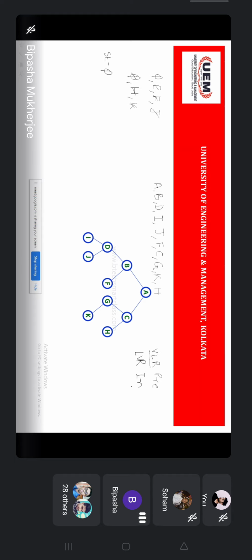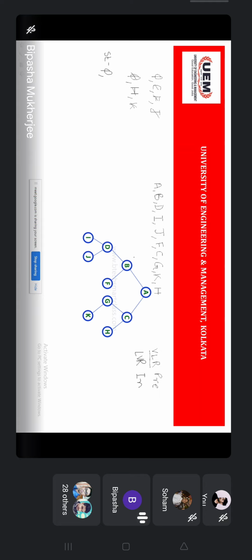In case of in order, you need to follow the path definitely, but is it okay to print the node at the time you are visiting it? No. That means you need to visit, but keep track. So how can you keep the track?